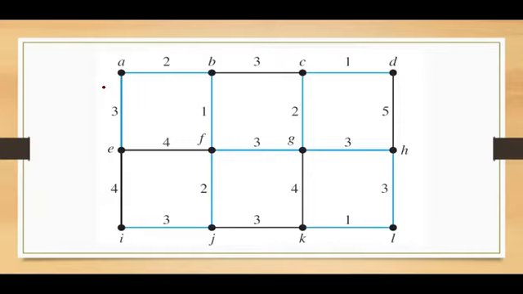So first and foremost, we have to start with any edge which has the smallest weight. Let's see which edges have the smallest weight. So this is the smallest one. The next one also has the weight 1. Here also we have the weight 1. So there are 3 edges with the smallest weight. First, you have to select any edge. So I am selecting the edge BF.